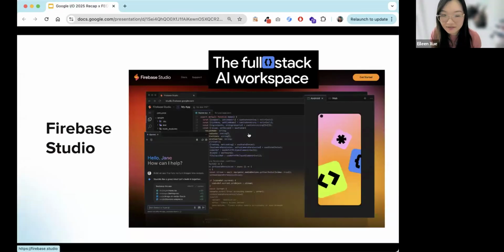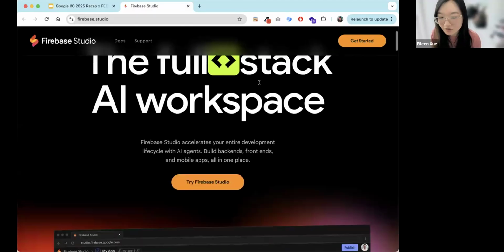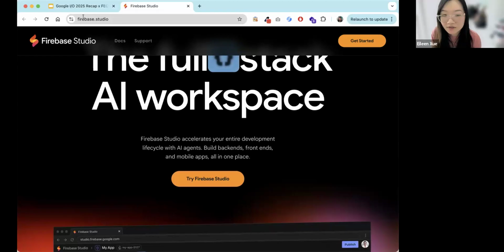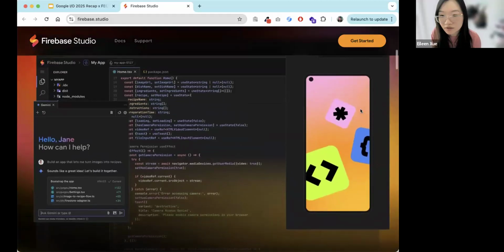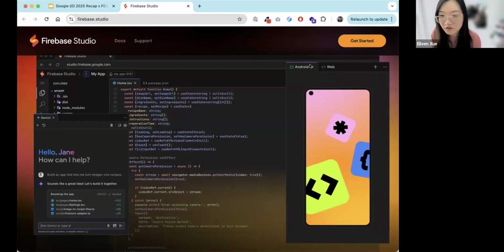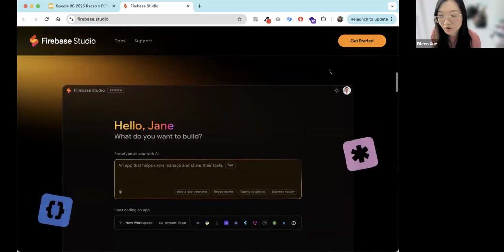And then next, oh, Firebase Studio. This one I don't know too much about, but when I heard about it, it's also very cool. Firebase is usually for backend implementation, but now they have this Firebase Studio where you can complete a full stack AI application or mobile applications. So that is crazy. There's no demo for this, but you can also check it out. The URL is pretty simple to remember, and then you can check out what you can do. So yes, they can help you do Android applications and also web applications. So it's like an all-in-one app.